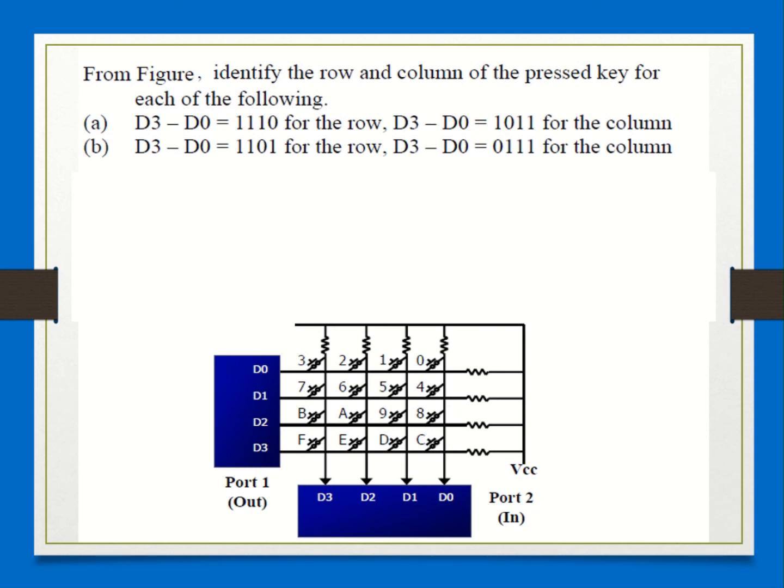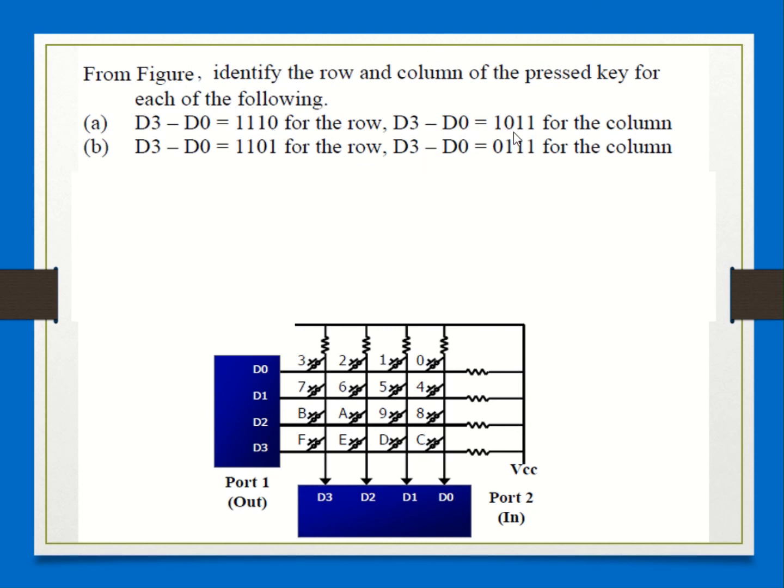Now consider this example. From the figure, identify the row and column of the pressed key for each of the following. This is a simple 4x4 hex pad. If the data read is 1101, identify the key for the row.